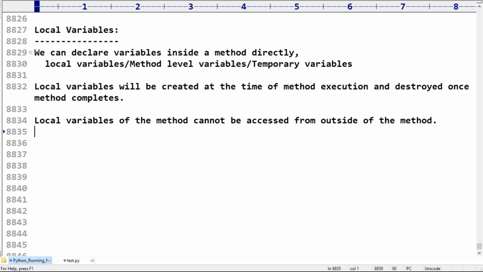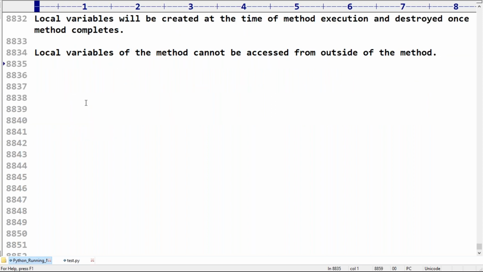Now let me go for a small mini application so that you can get much clarity about this terminology. Someone asks whether to delete a local variable.